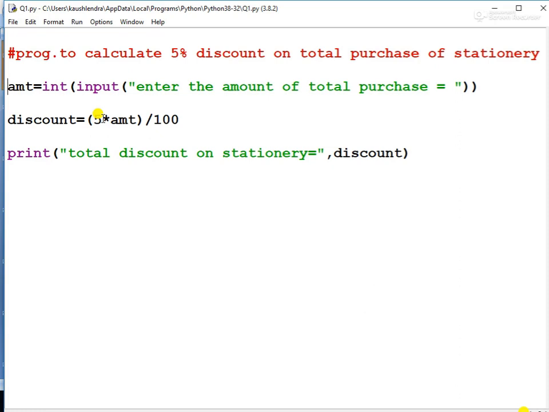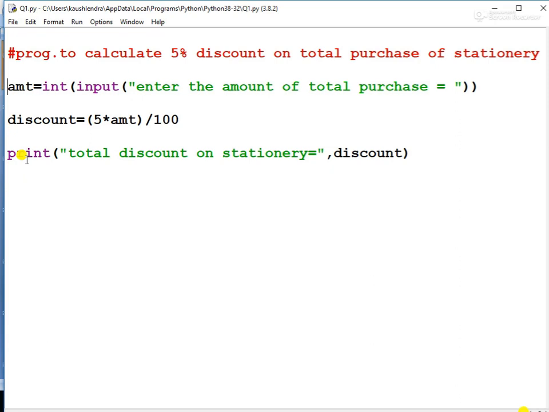So 5 into AMT, the amount value of total purchase, divided by 100. Here students, the star symbol is used for multiplication. In the Python language, we use the star symbol for multiplication.